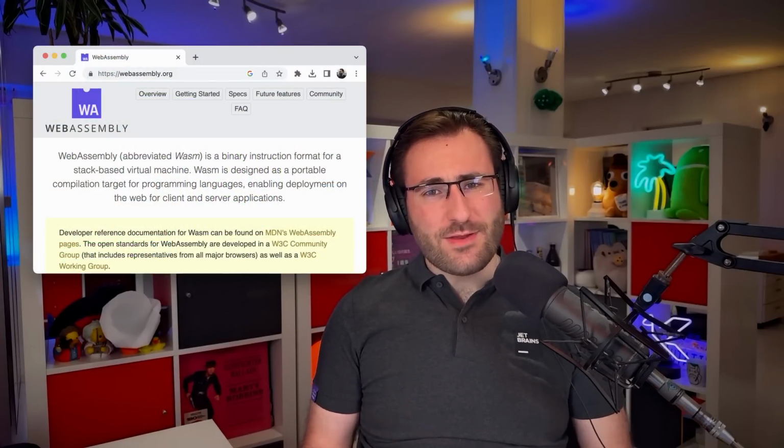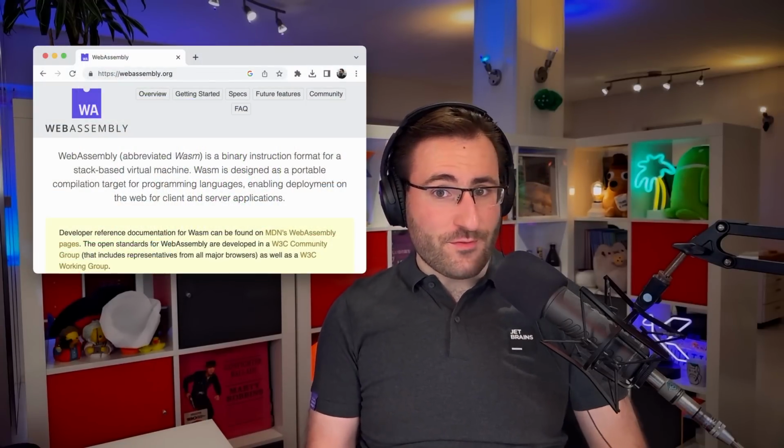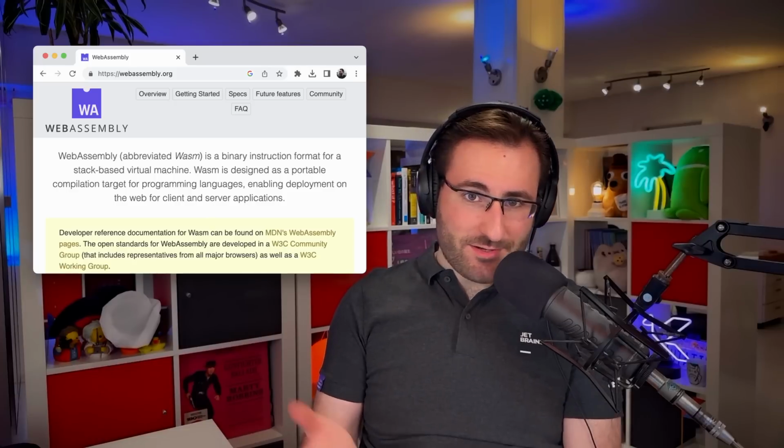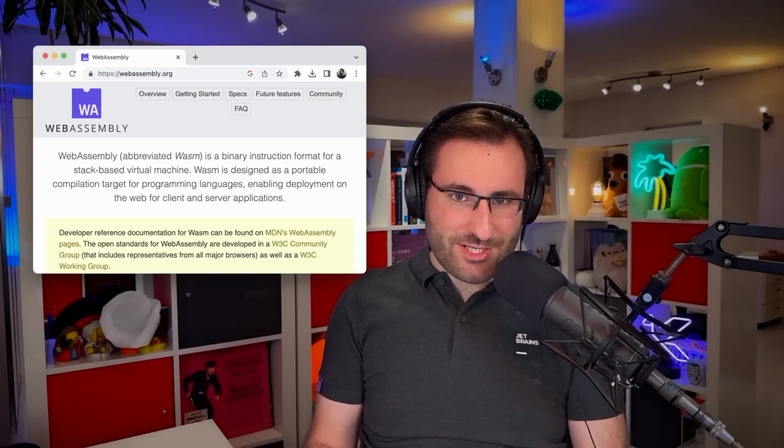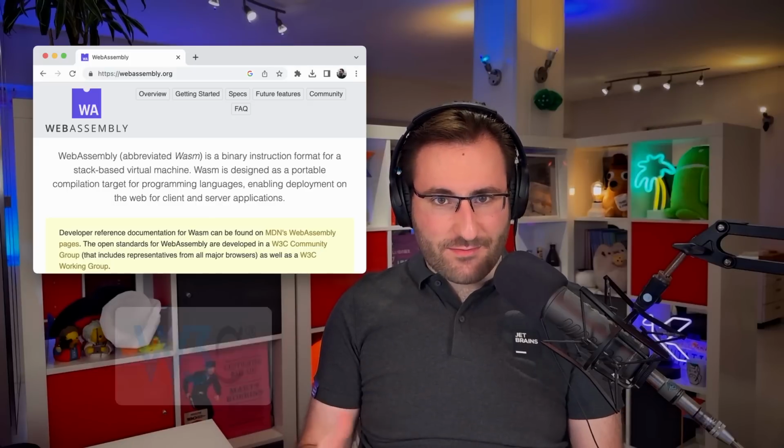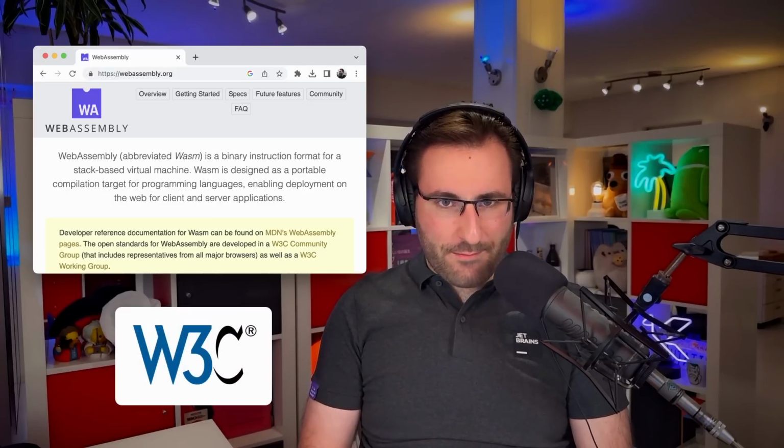Basically, you can think of WebAssembly as a binary instruction format for a portable virtual machine. And it's not just any new experimental technology, it's actually standardized by the W3C, the World Wide Web Consortium. It's similar to other virtual machine languages in that it is a platform-independent bytecode format, and it's really been designed as a compilation target for other programming languages, like Kotlin, and actually a number of others like Rust, Go, and